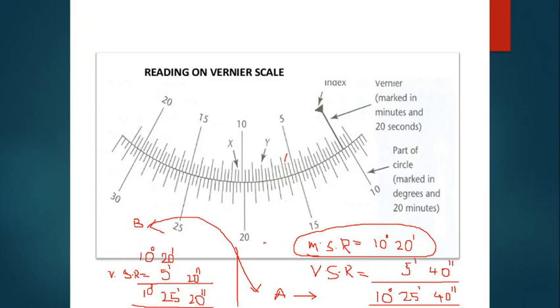Whereas in our advanced systems, electronic theodolites and all, there is no need to consider any face left and face right, and no need to manually measure for vernier A and B and then take the average. Once, just in a click, you will get the horizontal angle directly. Everything is programmed inside with the help of electronic devices. So that is the advantage of modern systems. But our traditional manual theodolite will be like this only. We have to measure all these and then only you can arrive at the angle.